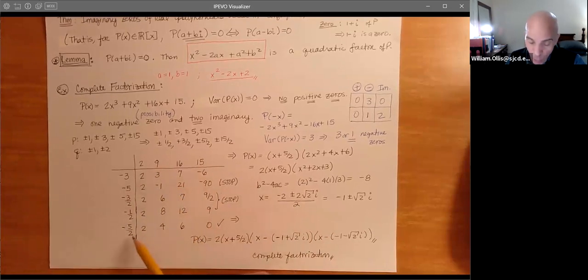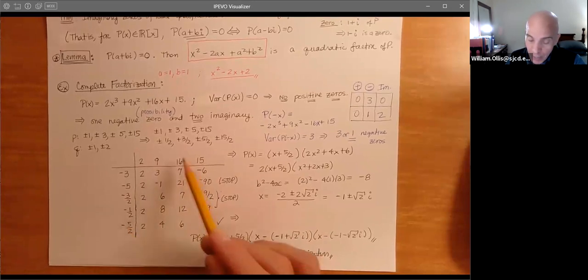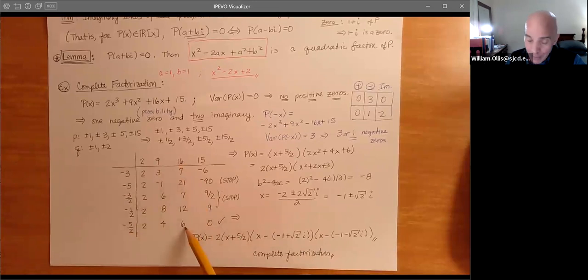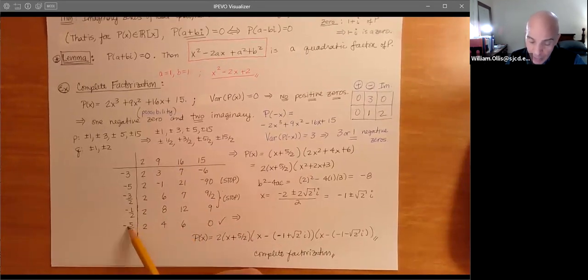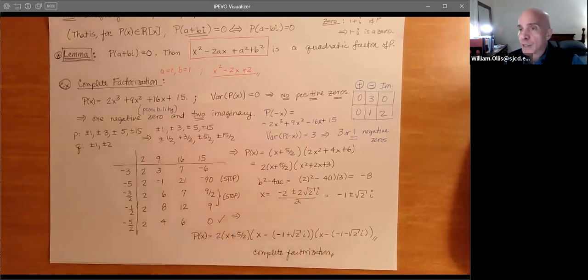Now multiply by 4, the 2's absorbed, so we get a 2 times the negative 5, which is a negative 10, plus 16 is a 6. And now when we multiply, the 2's absorbed, so we have a 3 times the negative 5, which is a negative 15, plus 15, boom. So the idea is that sometimes when you use the rational zeros theorem, you have to be kind of clever